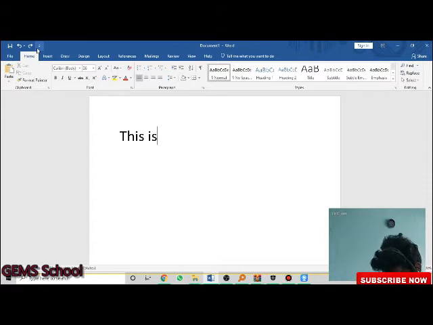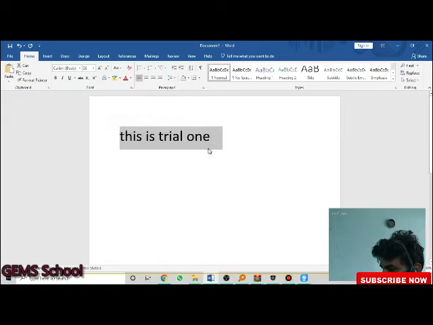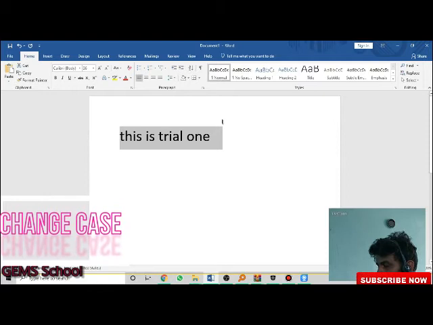Okay, now we can see change case. For example, I typed in this screen only to make you understand. What do you mean by the case? In case you type more than 4 or 5 pages, and then you want to change the letters from small letters to capital letters, the option for that is called change case. I typed only one line here as an example.